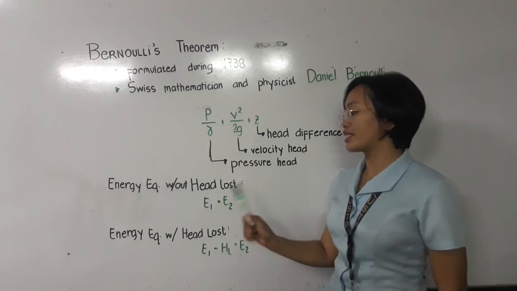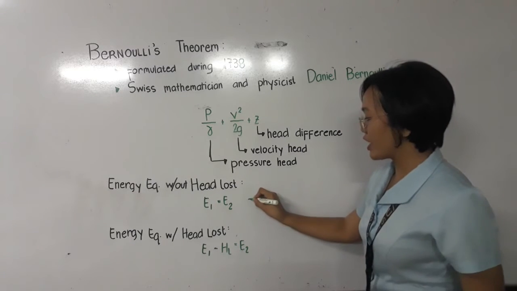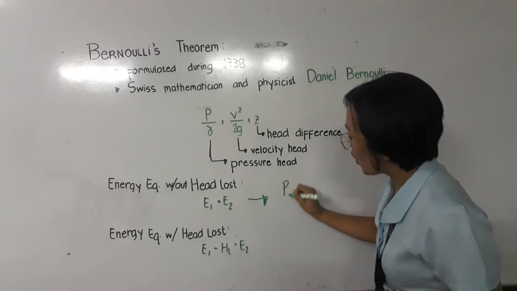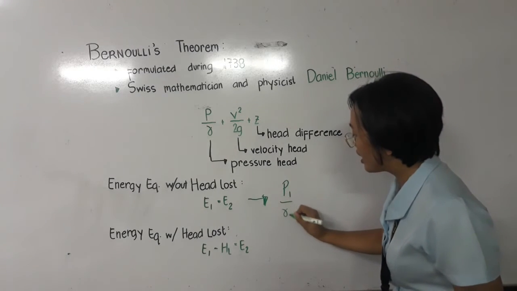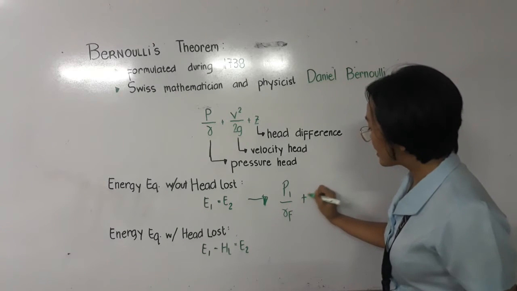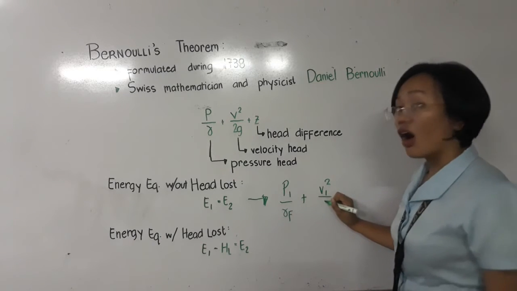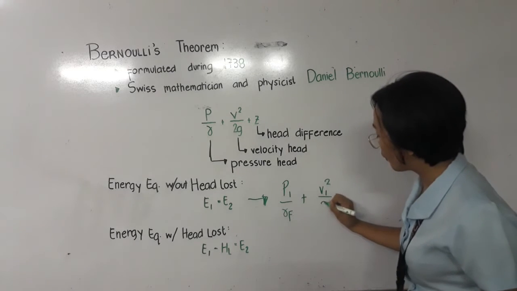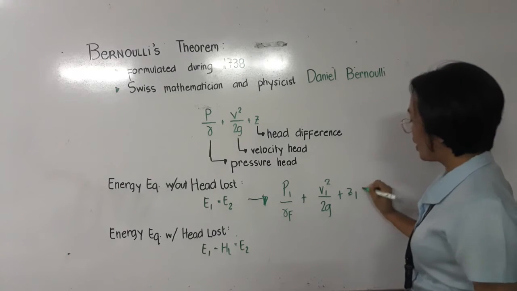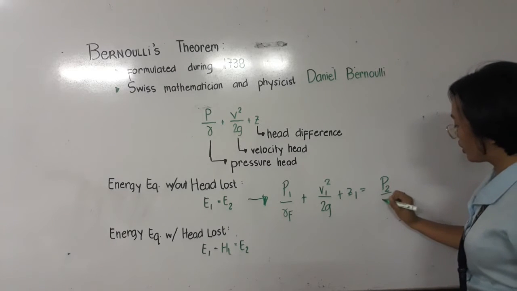The formula says E1 equals E2, which expanded is pressure 1 over the unit weight of fluid plus v squared, the velocity of section 1, over 2 times g plus z1 equals pressure 2 over